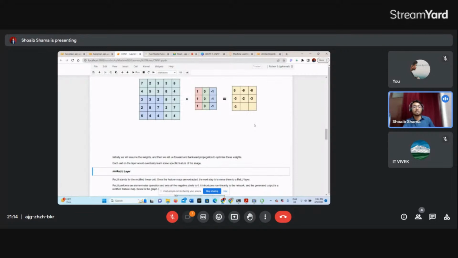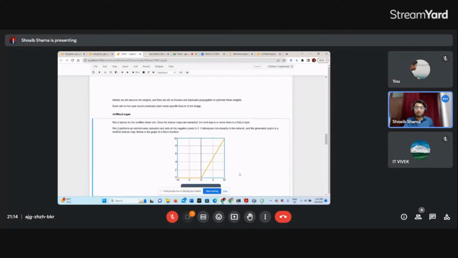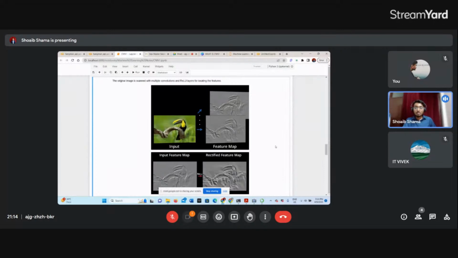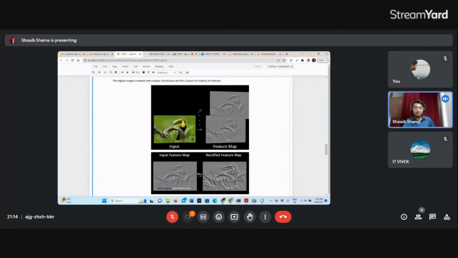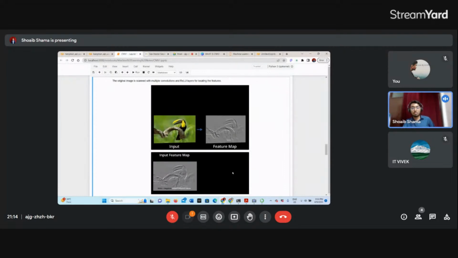So हमारे पास नेगेटिव वैल्यू नहीं हो सकती, तो we need to remove that negative value. तो नेगेटिव वैल्यू रिमूव करने के लिए इस्तेमाल होता है रीलू आपका। तो यहाँ पे एक बहुत अच्छा सा एग्जांपल दिया होगा कि ये आपका इनपुट है, इससे आपने फीचर मैप बनाया। फीचर मैप के बाद जब आपने रीलू लगाया इसमें, तो फिर ये आपका रेक्टिफाइड फीचर मैप हो गया। So it's more like close to that original one.